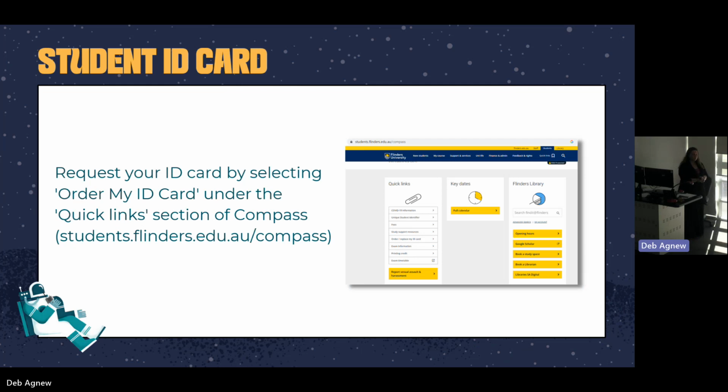One of the things that you do need to organise, if you haven't already, is a student ID card that will allow you access to the library for borrowing and things like that. But also, it's good to have your student ID card because you need one while you're on campus. If you go to the Students Flinders link there and go into Compass, you'll be able to request your ID card from the link. So make sure you do that one